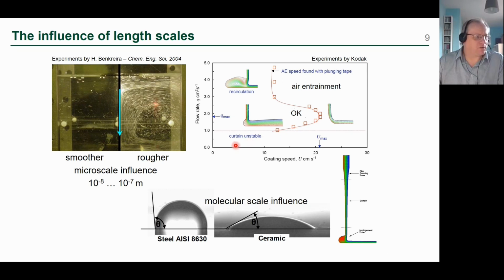What they found was that for different flow rates of fluid coming down the curtain, they could increase the speed of coating, so the speed of this moving substrate. And they looked at when does that become unstable and you start to get air entrained, where the wetting becomes unstable. And they found that the speed was actually dependent on the flow rate. And the key feature of this